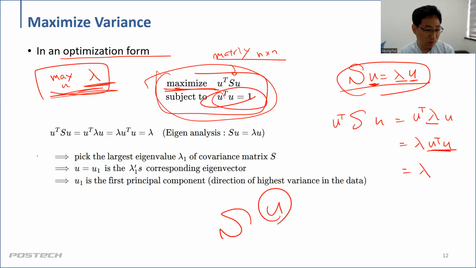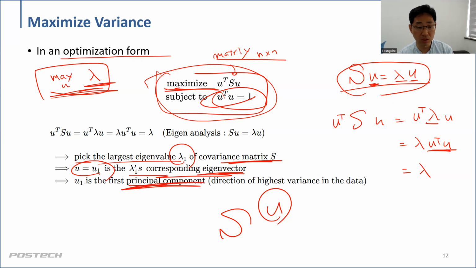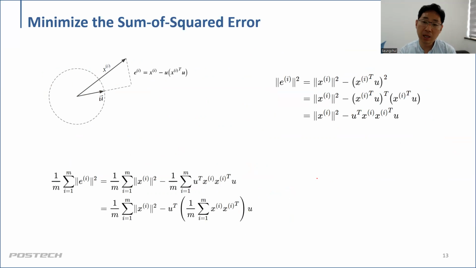Okay, so go back to here: pick the largest eigenvalues of the sample covariance matrix S, and the corresponding eigenvectors, that's U. That's the principal component, the direction of highest variance in the data. Good. So like I said, maximize the variance and minimize